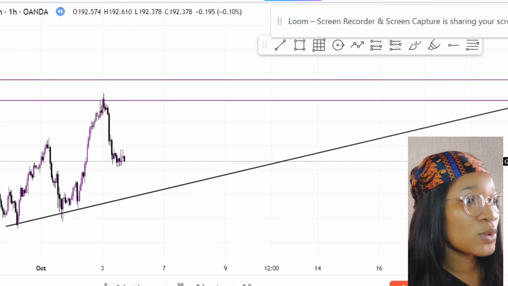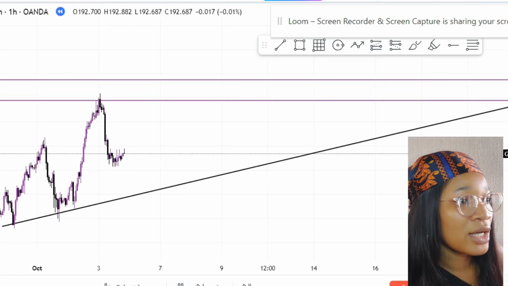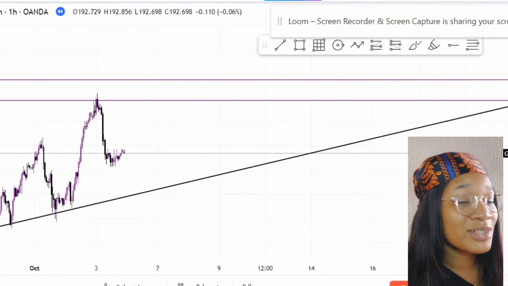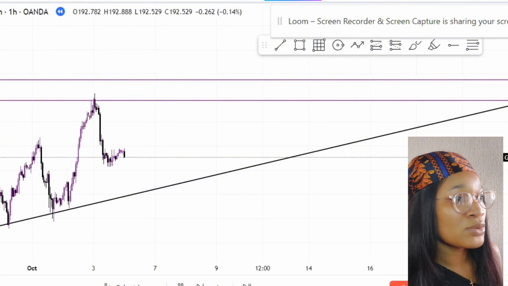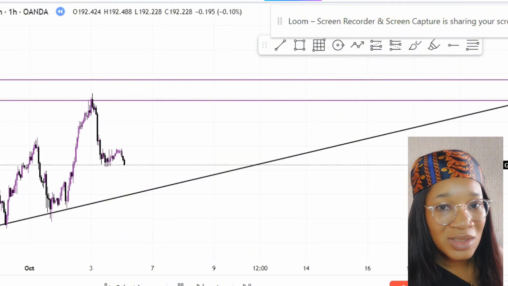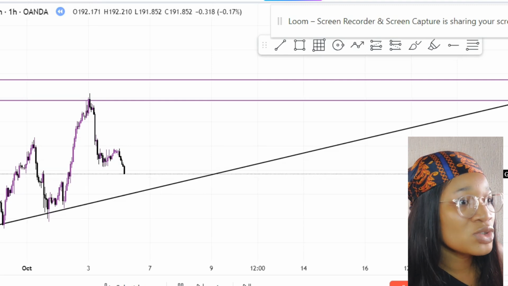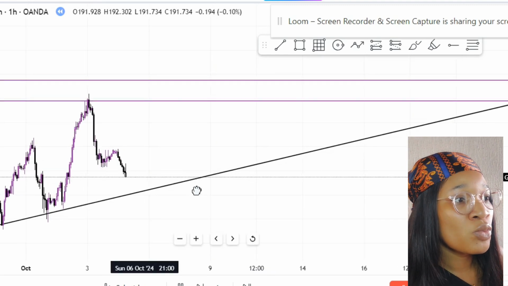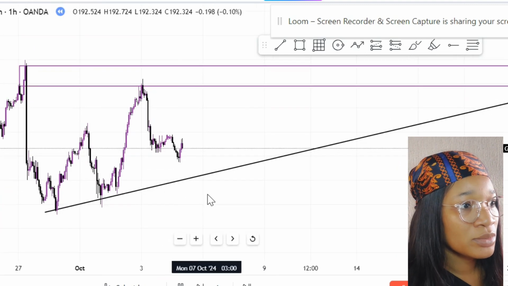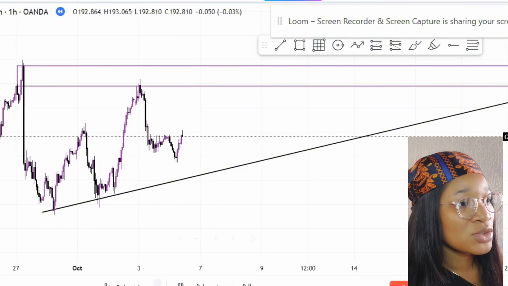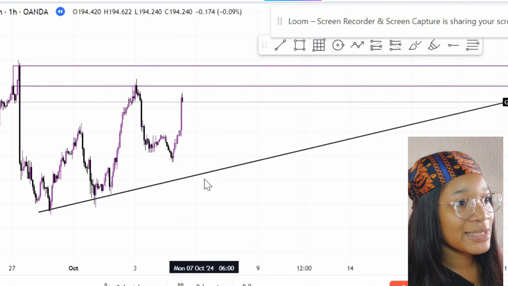There are other securities to trade. You can trade crypto, you can trade anything. So the point is, do not try to force the market into doing what you want it to do. Just continue to work with what it is showing you. So we're just waiting for price to get down to